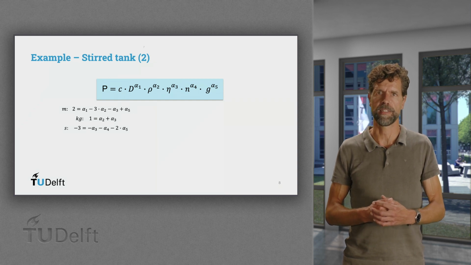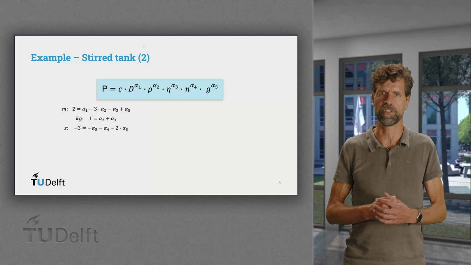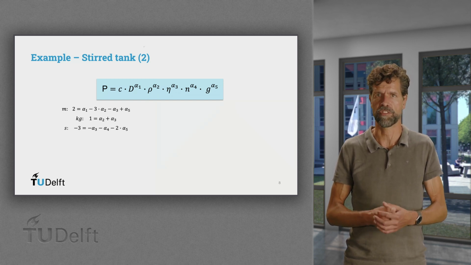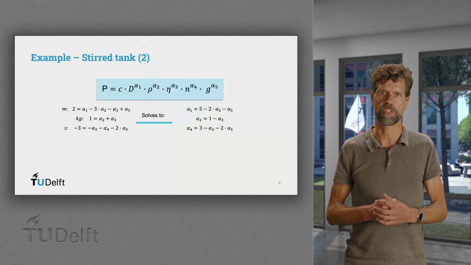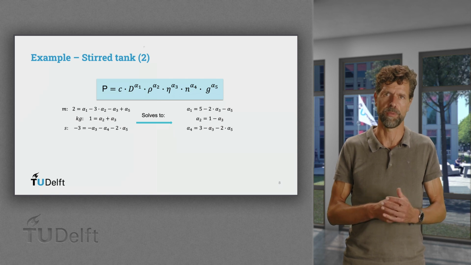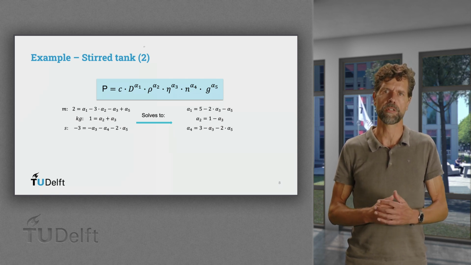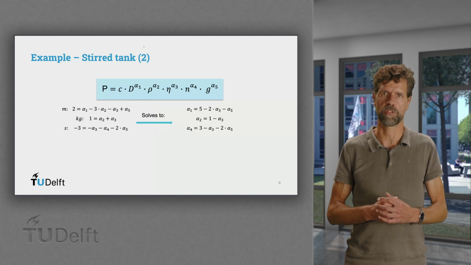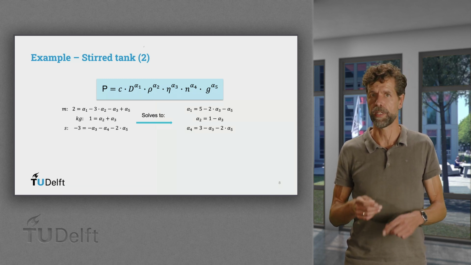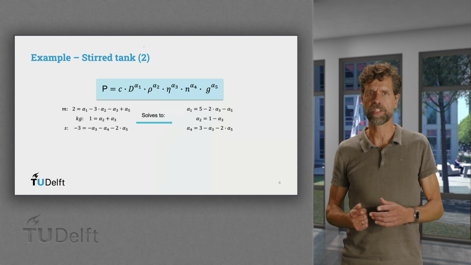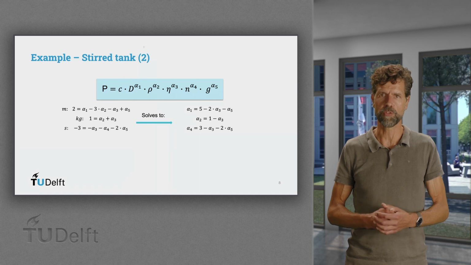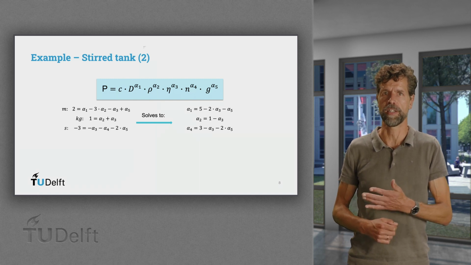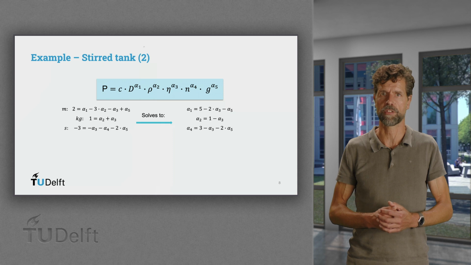We write down the 3 linear equations that keep the overall expression dimensionally consistent in terms of the basic units, m, kilogram and second. Now we have to choose 3 dependent power coefficients that are expressed by the remaining independent 2. Note that the dependent power coefficients will appear in multiple dimensionless groups and the independent ones will appear in only one. In this case, we choose viscosity and gravity as the independent ones. This results in the following 3 linear relations which can be solved for the 3 dependent coefficients.